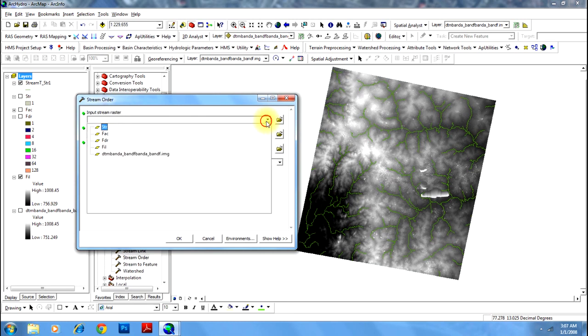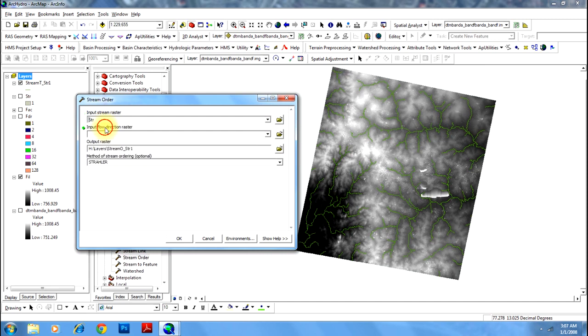I'll enter the input stream raster. Please enter the raster and not the vector file that you have generated right now. So enter that raster and give the input flow direction raster, that is FDR, and you can accept the output raster as default and click OK.